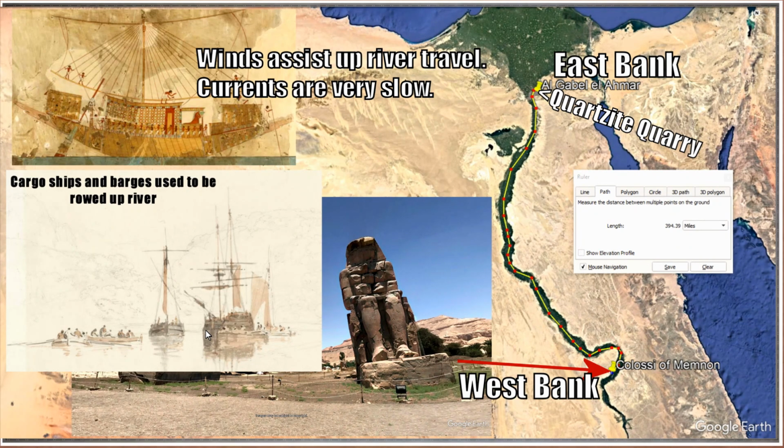Rowboats would pull the ships up the river into the ports of London, any major port really, and just like in the canals, you have horses or oxen or people on the side pulling them up as well. So